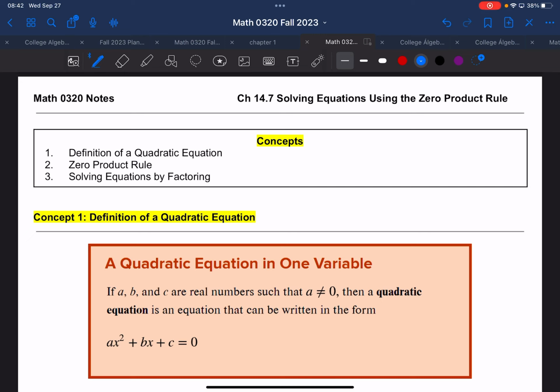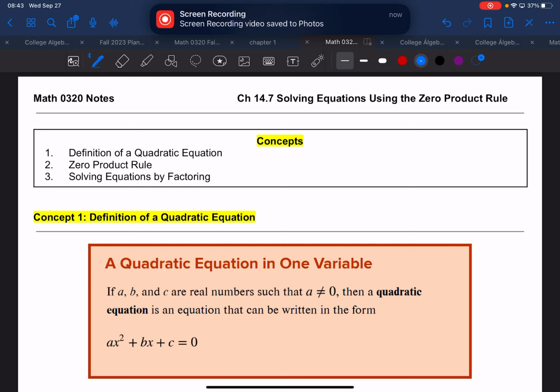So 14.7 is solving equations using the zero product rule. We learned how to factor in all these different cases and all these different ways. Now we're going to take that method of factoring and actually use it to solve these equations, okay? The only difference we're going to see now is our standard form of ax squared plus bx plus c, and it's going to be equal to 0 because we are now solving for our